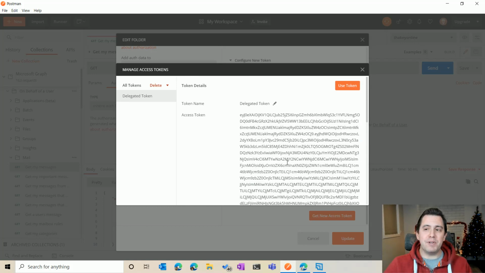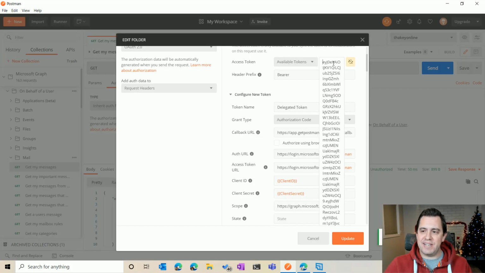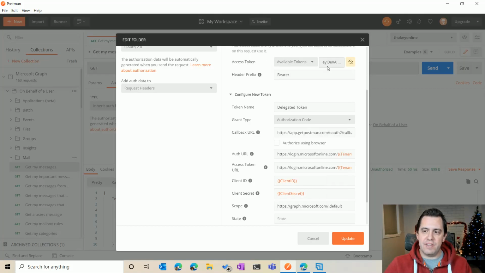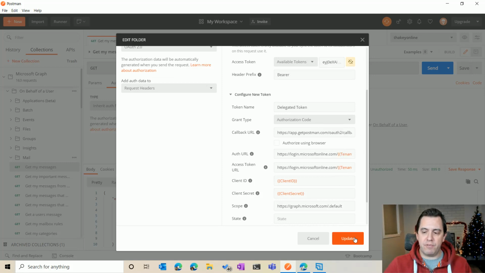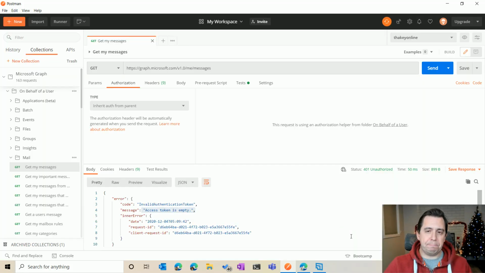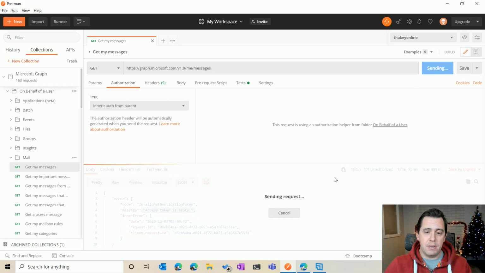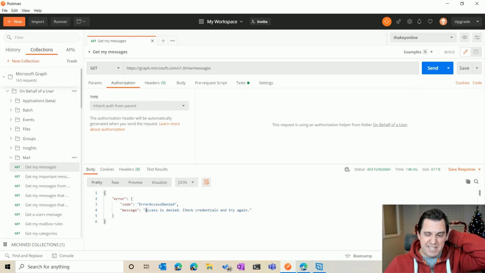And it'll even show you what permission scopes are inside that token. The really important thing here is to click use token. When you click use token here, it'll actually show you that the token is in use, and that's a quicker way of grabbing that token through. And I just click update. Now, if I try and get my messages, logged in as the user I signed in as, what you'll actually see here is I'm going to get access denied,